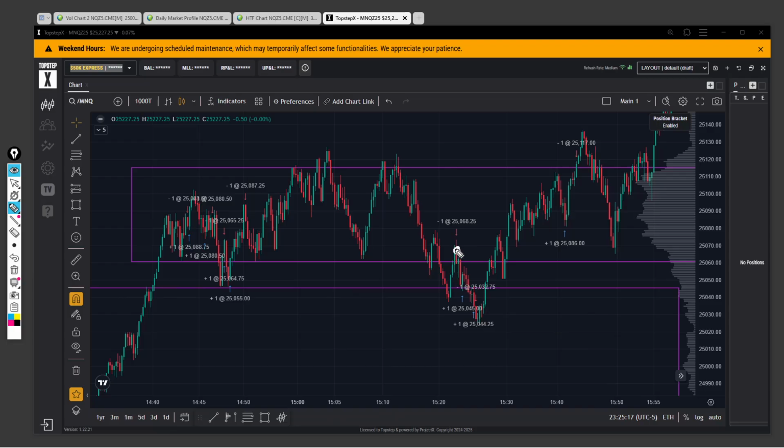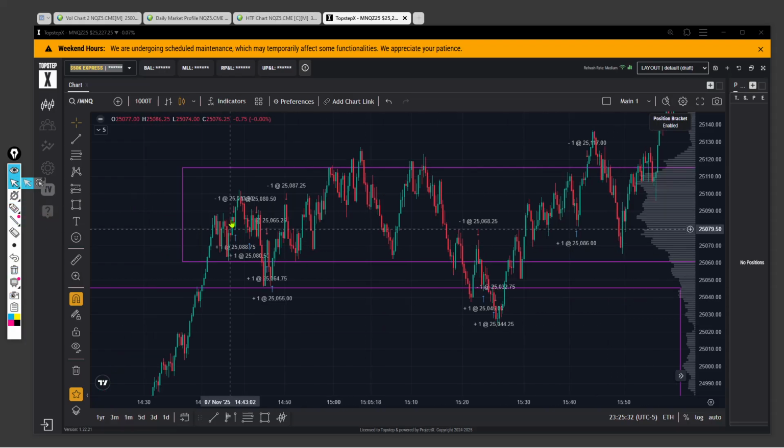So I short it there, and then I take it off somewhere over there because I saw some absorption coming in, and I flip long and I take a small loss. So I made 2R and I lost 1R. So net 1R positive in that scenario. And then here, 1/2 R loss, break even, +3. So plus 2.5 in this area, +1 in this area,